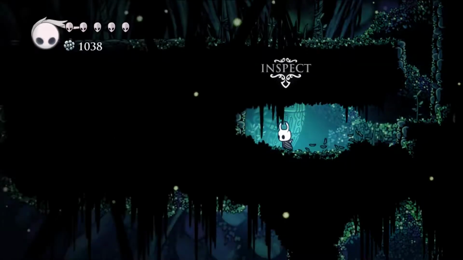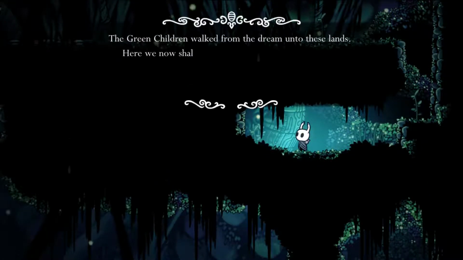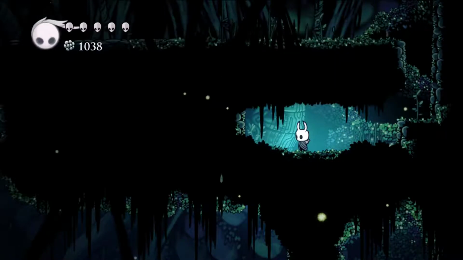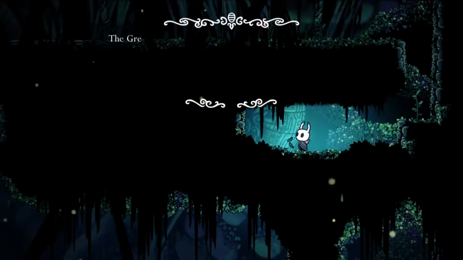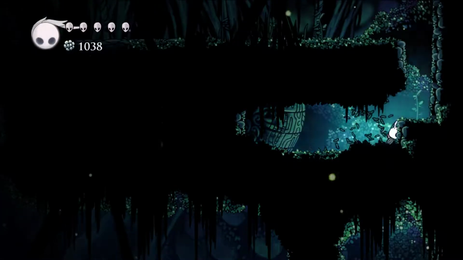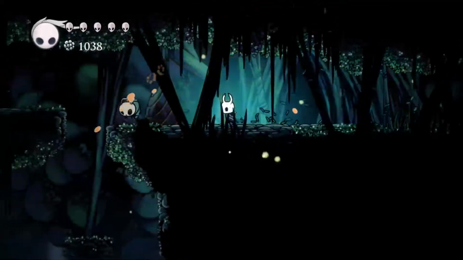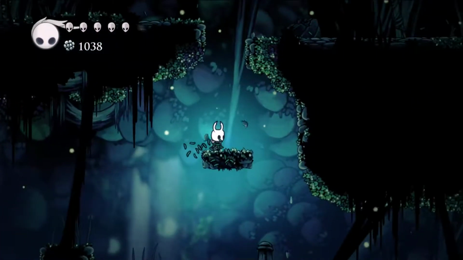Secret. There we are. Inspect. The green children walked from the dream unto these lands. Here we now shall wait, patient, for the call to return. It's one of those secrets which is a little bit disappointing. Unless you like that. I do like the background information and whatnot, but...